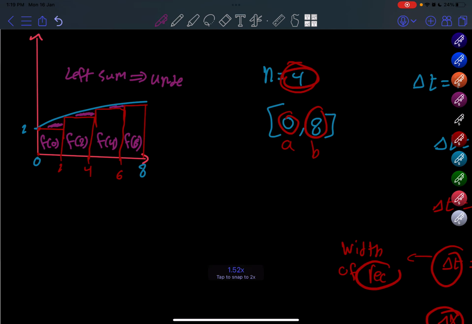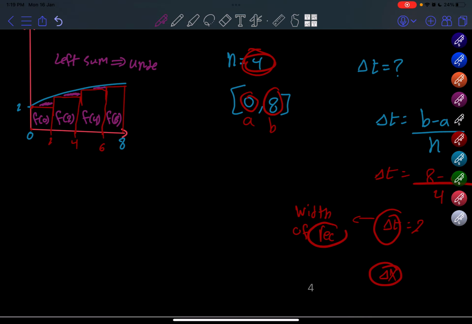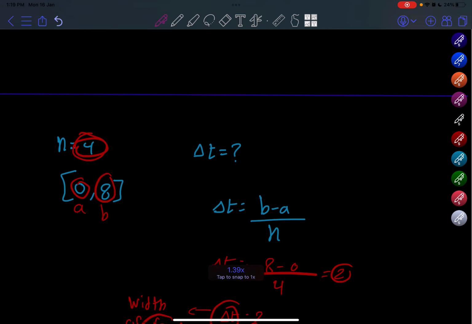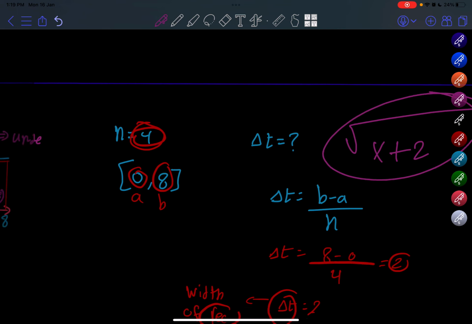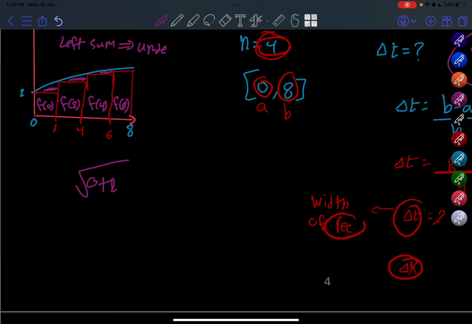Now, what is f of 0, 2, 4, 6? These will be plugged into our equation that was given. Sorry, I did not write it. It is the square root of x plus 2. So let us sub in, for example, 0 plus 2 under the root, which will give us root of 2, and this is equal to 1.4. So we will write here 1.4 plus then f of 2, f of 4, f of 6,